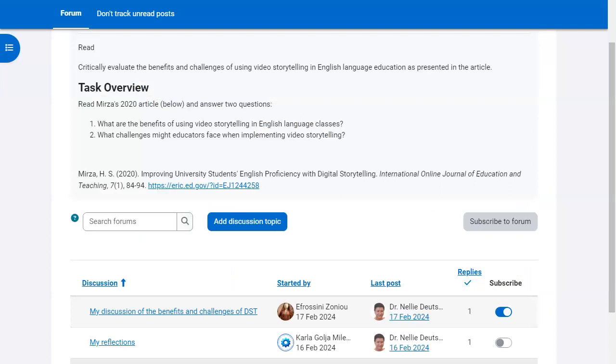But prior to creating our own stories, we discussed the benefits and challenges of digital storytelling, prompted by a paper presenting an experiment with university students of TEFL.